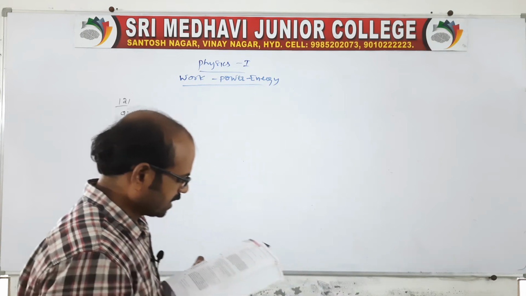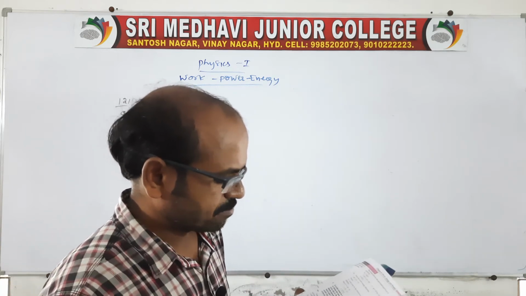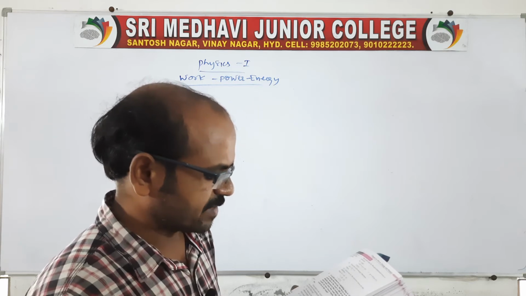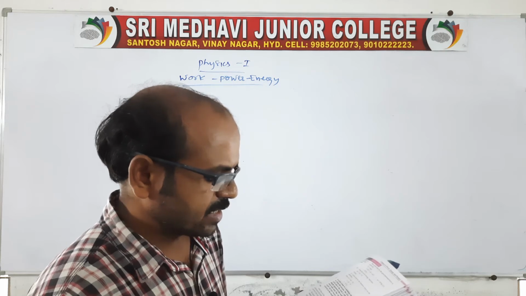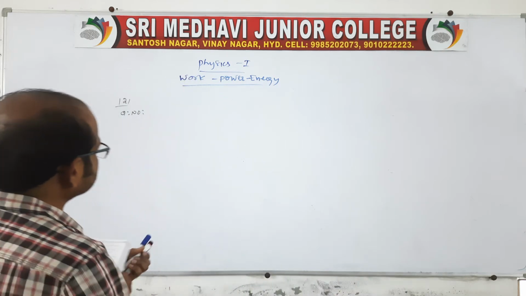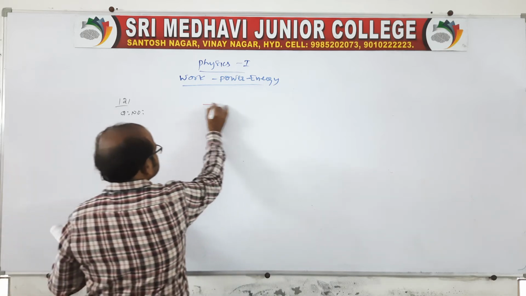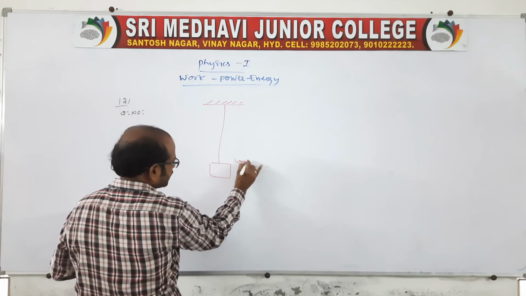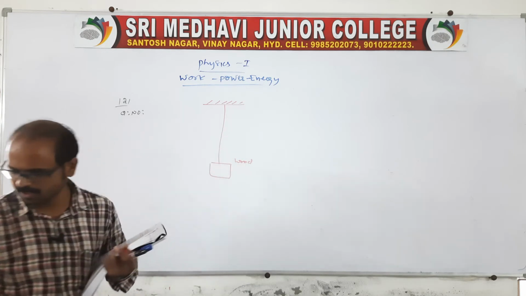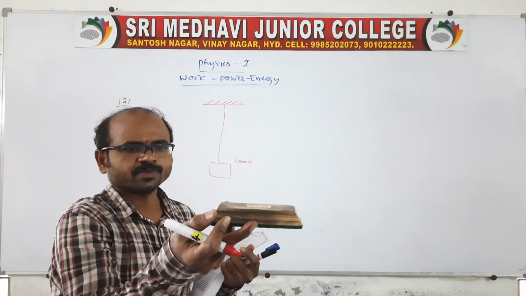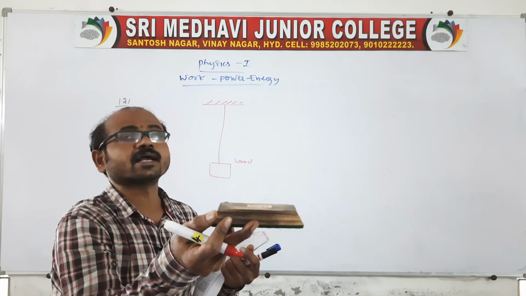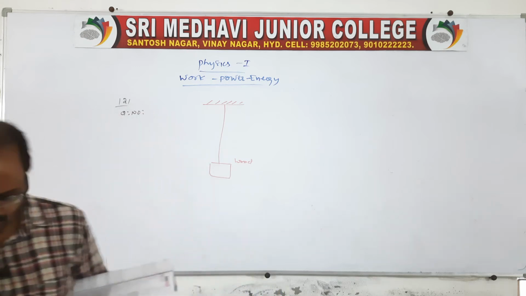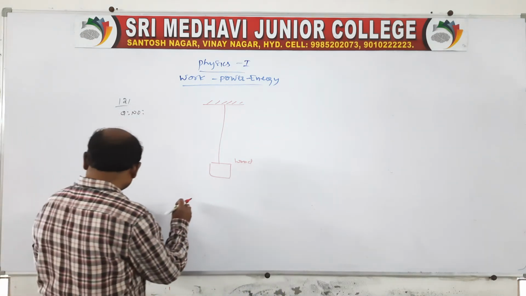Now I'll read the question. In a ballistic demonstration, a police officer fires a bullet of mass 50 gram with a speed of 200 meter per second on a soft plywood of thickness. Sir, what is ballistic? Ballistic in the sense is, if a wood is suspended freely, we can say a wood log is suspended. Let's say this duster is suspended with the help of a thread and the thread is hanging at a ceiling. This demonstration we can call ballistic. Now the thickness of the wood is given.